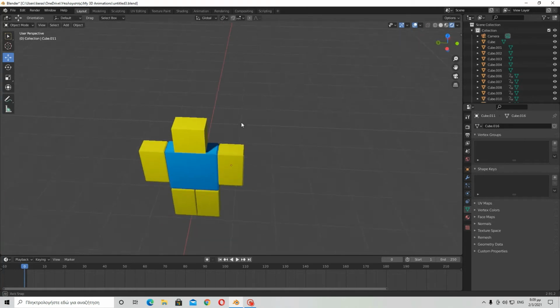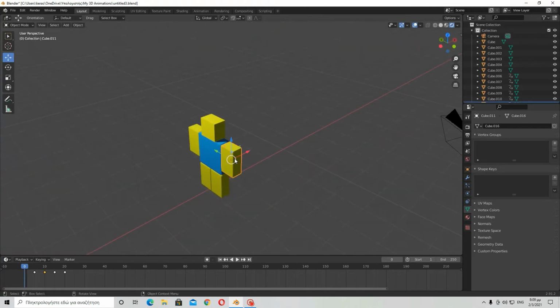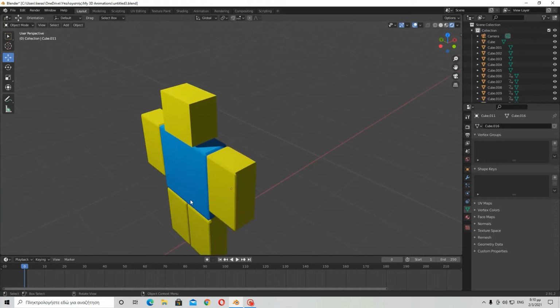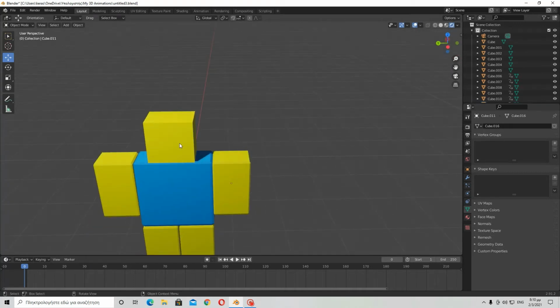Okay, so these were the basics you needed to know about animating in Blender. Well, that's pretty much everything, actually. So if I go over here,